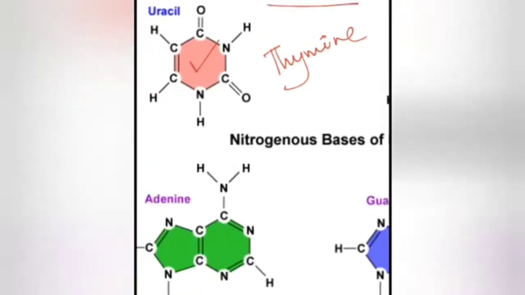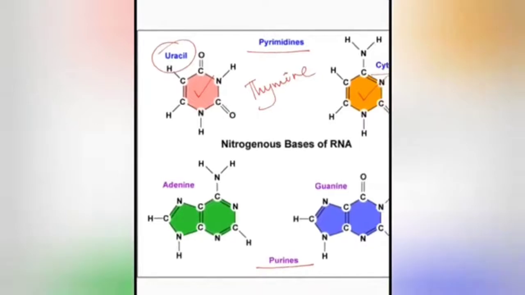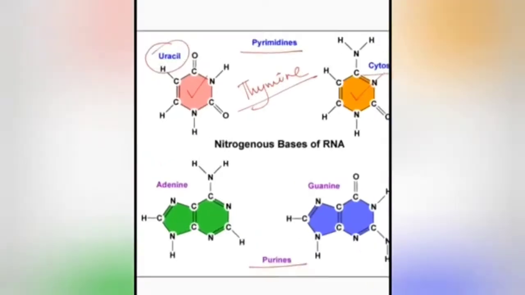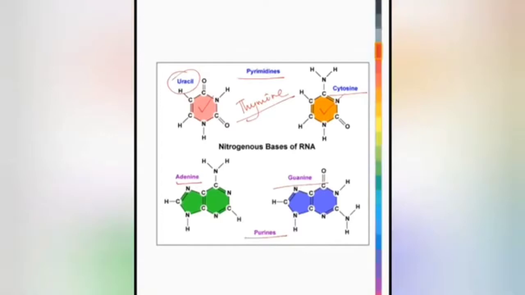Next, another one will be thymine, and the one present in RNA instead of thymine is uracil. So these are the three pyrimidines. Okay, and what are the purines? They are the same in both RNA and DNA, common to both, and the purines are two-ring molecules, and they are adenine and guanine. Okay, so these are the types of nitrogenous bases.